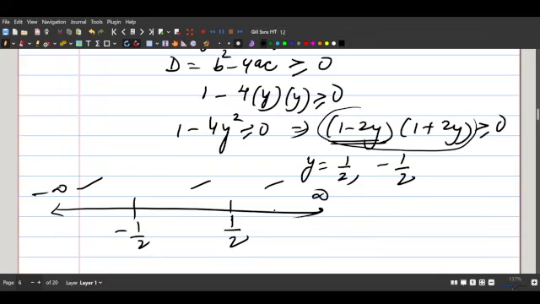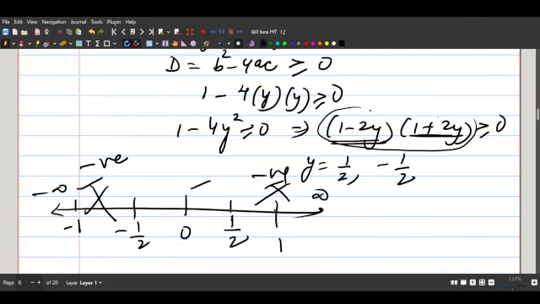Got it? So now, if I take any value between minus infinity and minus half, let's take minus 1. If I put that value minus 1 over here, this will become positive, but this factor will become negative. Positive into negative will become negative, but I have to look for the values which make the whole thing greater than, meaning positive. So if this is negative, I have to discard it. Now from half onwards till infinity, if I take any value, for example 1, this will become negative, this will become positive. Again, negative into positive gives you negative. So discard. Now between minus half and half,